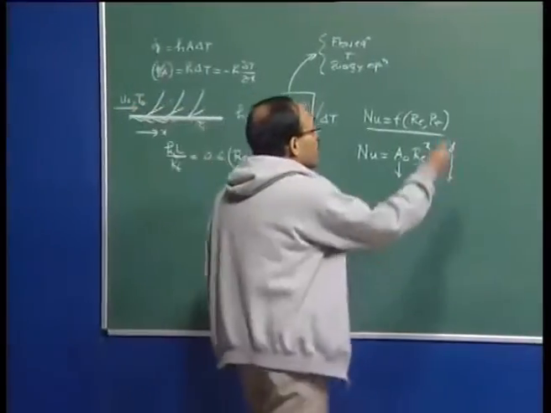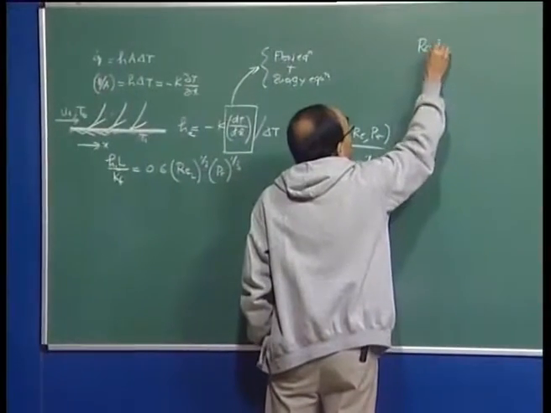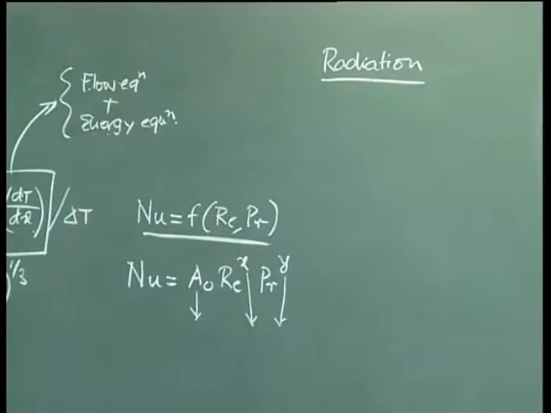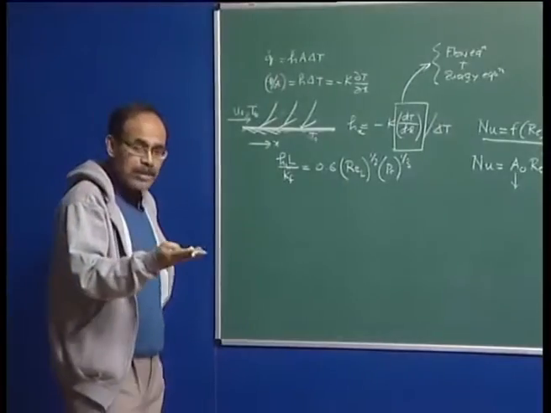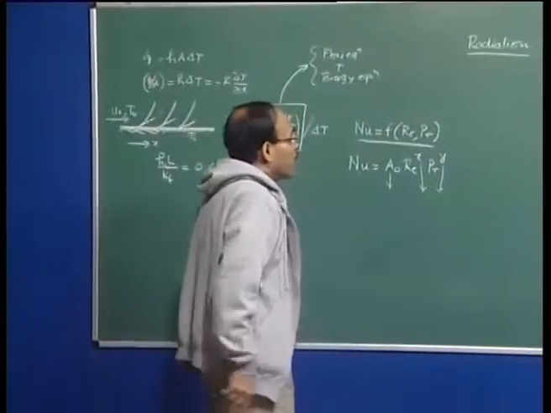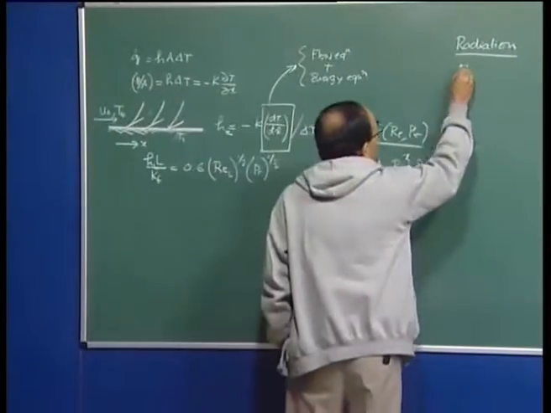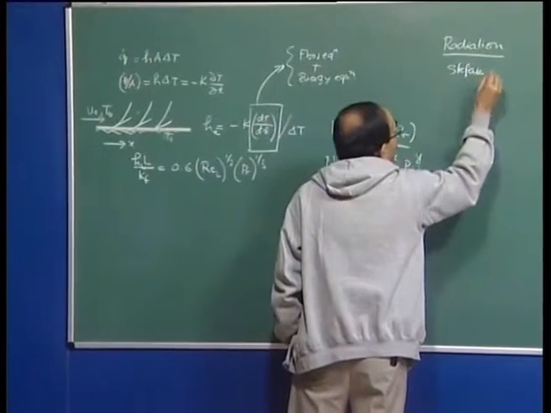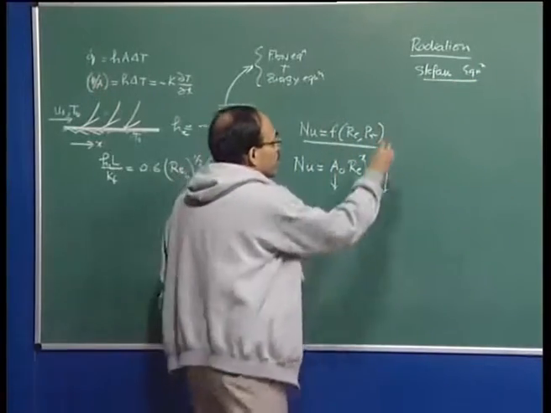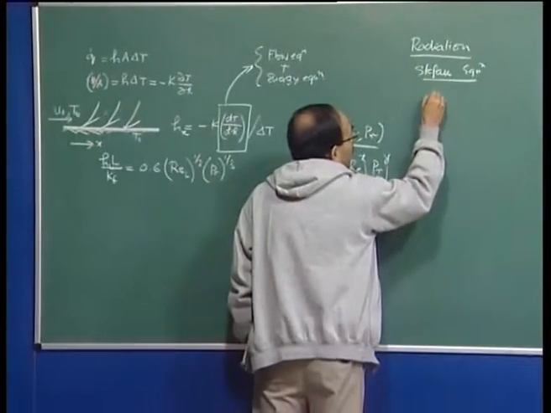We would now move on to the last mechanism of heat transfer, which is the radiation or the radiative heat transfer. So, we know the rate law for heat conduction, which is Fourier's equation. Then we have the rate law for radiation, and that is the Stefan's equation or the Stefan's law, and it says that the heat flux or the rate of radiation heat flow is equal to sigma epsilon,